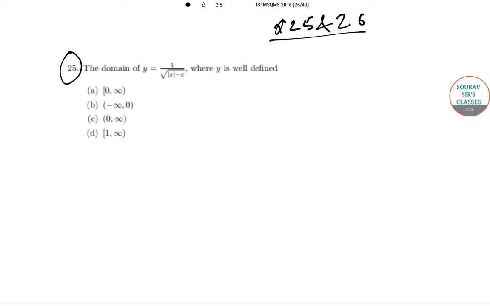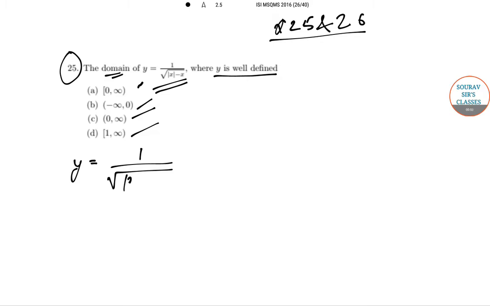In question number 25, we have to find out the domain of y equal to 1 by root over mod x minus x, and y is well defined. The options given for the domain of y are 0 to infinity, minus infinity to 0, 0 to infinity, and 1 to infinity. So let us find out the domain of y. We have been given that y is equal to 1 by root over mod x minus x. Now we know that for domain,